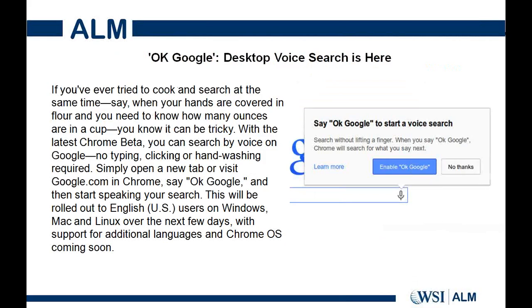Great. Moving on. So Google desktop voice search is here. The way that Google described it was that if you ever try to cook and you have your hands covered in flour and you need to know how many ounces are there in a cup, it's going to be pretty tricky to type in or use a keyboard with your hands in flour and mess up your keyboard. So Google's launched desktop voice search, and some of you might have noticed this already. So right next to your Google icon, there's a little mic